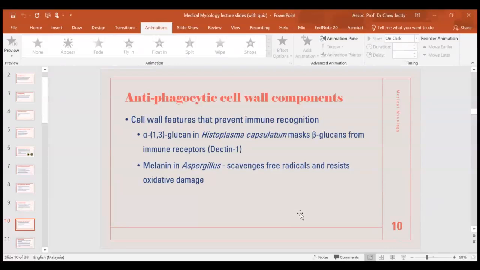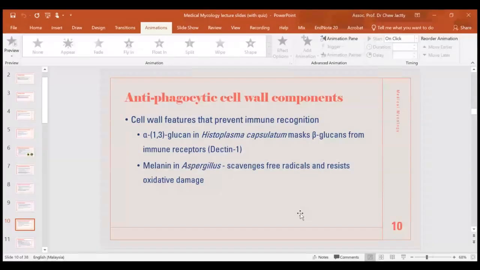This is one way to help the fungi protect themselves from being targeted. If you look at bacterial cells, we have the toll-like receptors. But for fungal immune response, the common one is the dectin receptors present in humans. So in response to that, they produce alpha-1,3 glucan to protect the beta-glucan from being targeted by